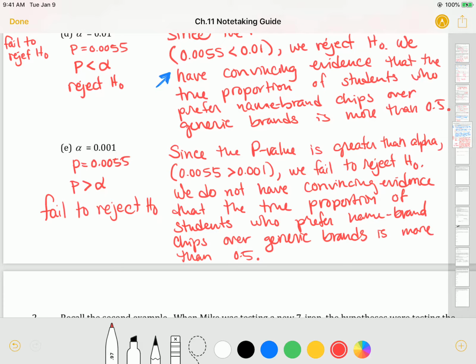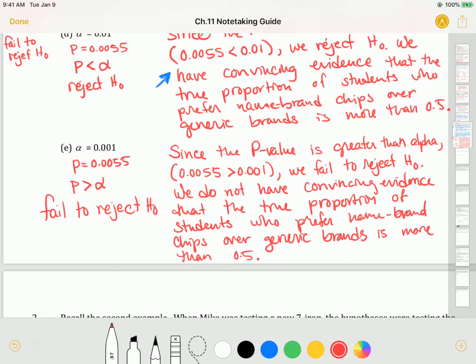Okay, so it either could be exactly the same, or I suppose it could be a situation where people actually prefer the generic brand more. Okay, so that gives you kind of an idea of going through that process and setting up the parameter and the hypotheses,